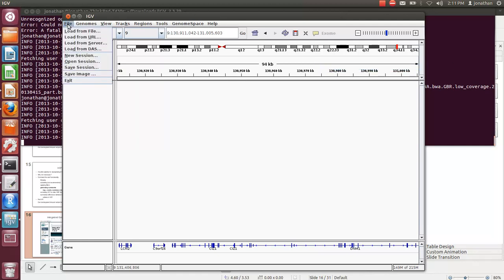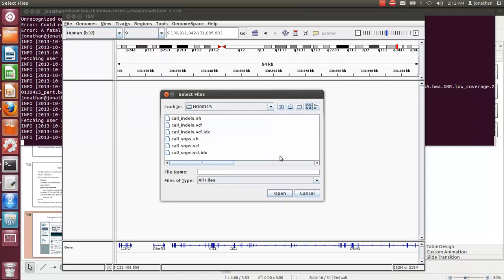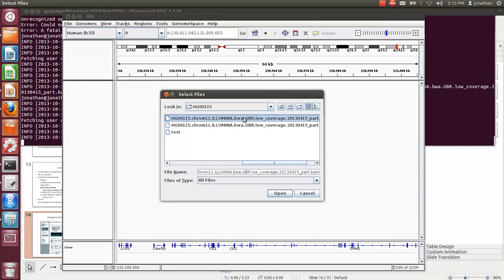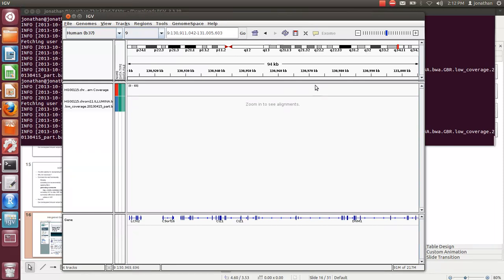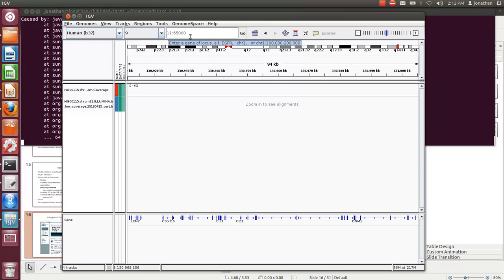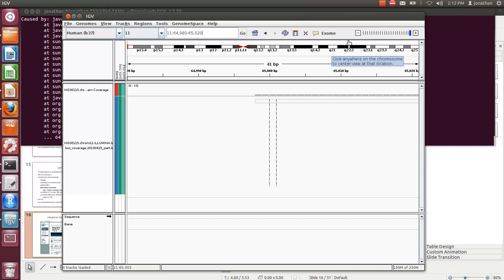So now let's open some data. Let's load from file. Down here is our BAM file, the one of this British individual that we've been working on. This is a low coverage sample of the alignments along chromosome 11. By default, for whatever reason, we were on chromosome 9. I guess that's where the gene I typed in a second ago is. So let's go to chromosome 11, and I think we were working around 65 kb. So if we jump to that region of the genome,